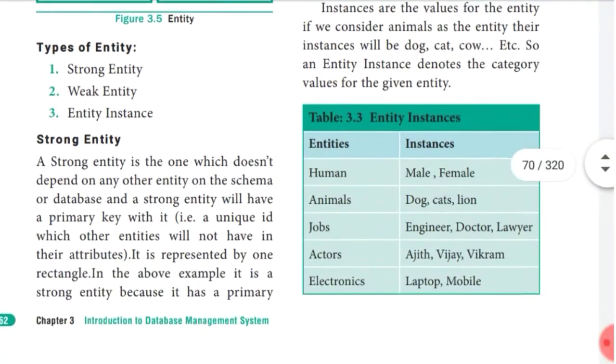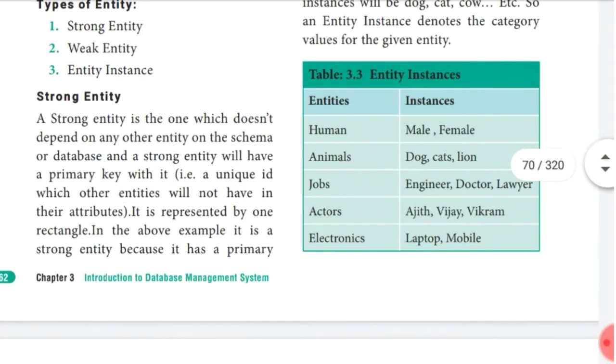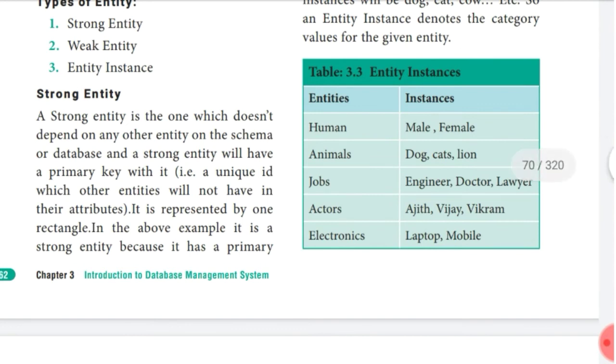There are two types of entities: strong entity and weak entity. The strong entity is one which does not depend on any other entity of the schema. The strong entity will have the primary key. So underline this.